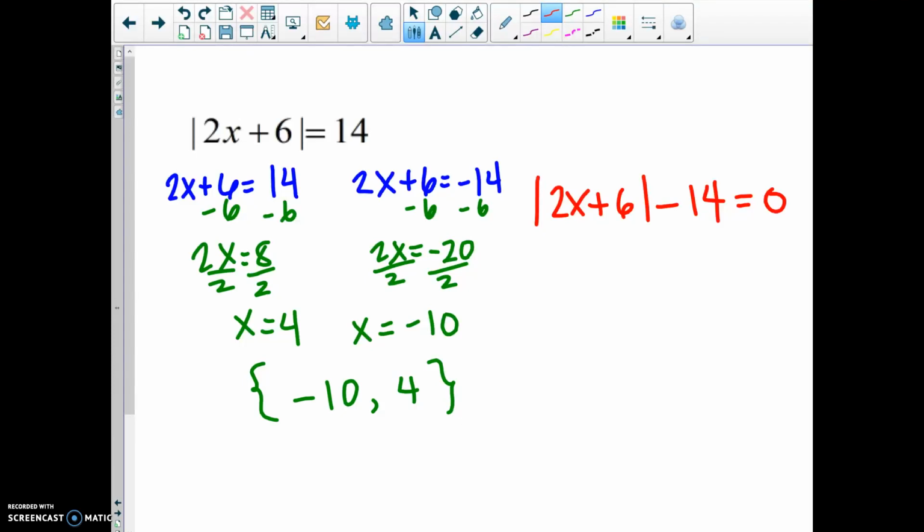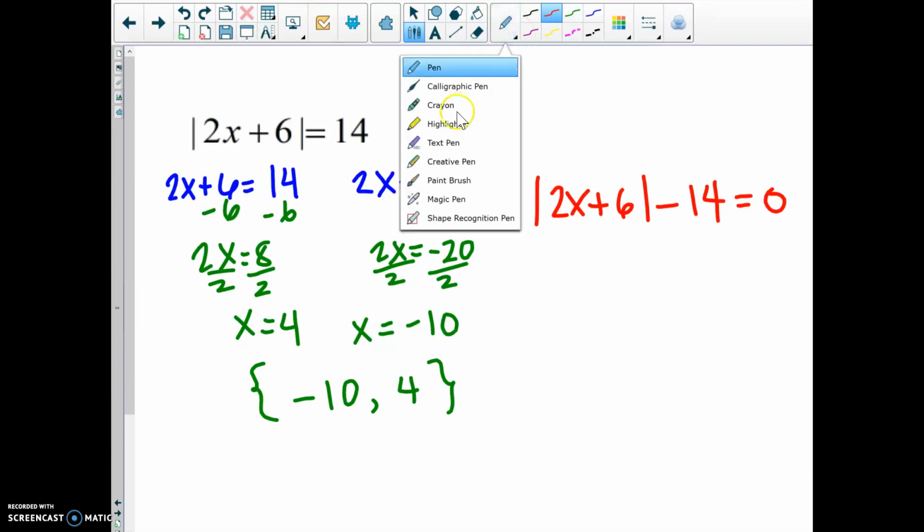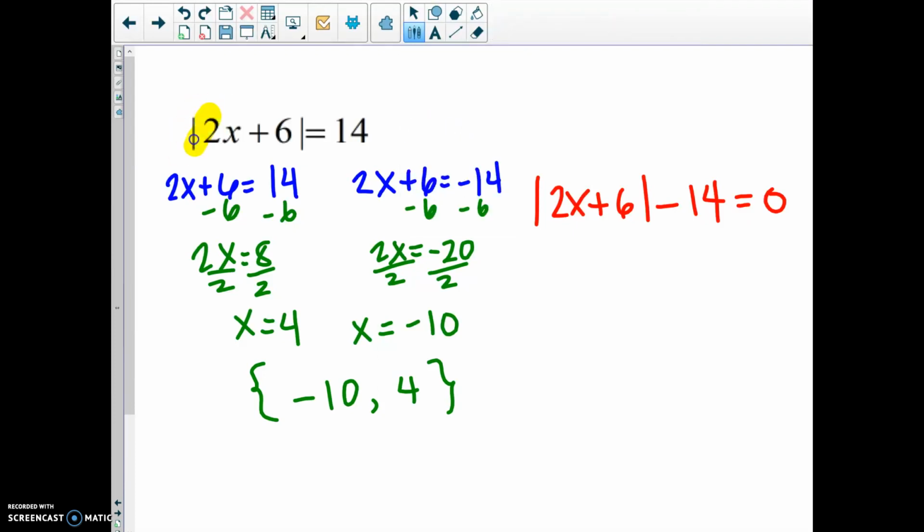Hey guys, for this video I'm going to show you how you can check answers to solutions of equations using your graphing calculator. So if I was given the equation, the absolute value of 2x plus 6 is equal to 14. Like you learned before, how I would solve this is by isolating the absolute value,